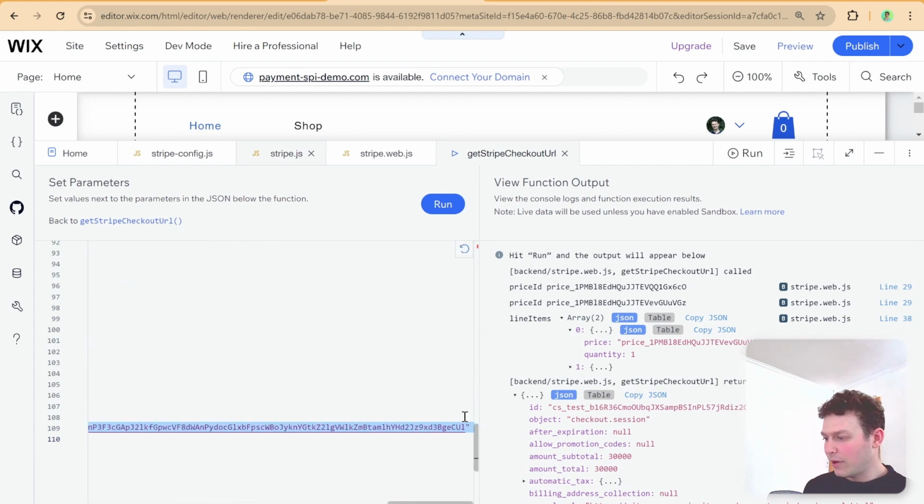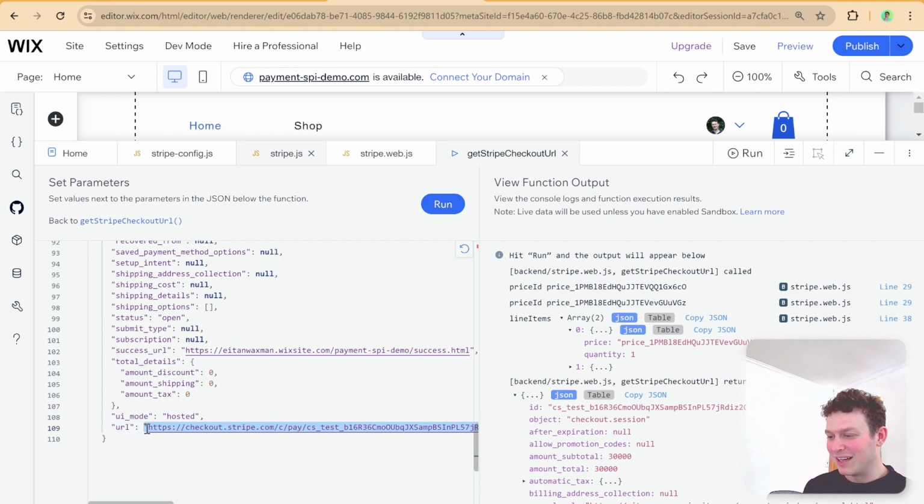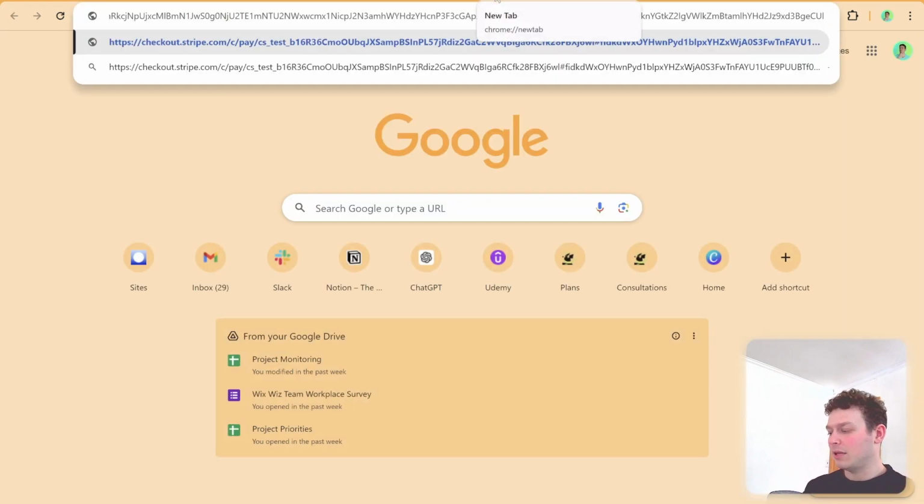Very long URL. Selecting URLs. That's the one. That's one thing I want to see improvement here in the Wix IDE. Okay, so I copied the URL, and now I'm going to paste it here inside the browser,